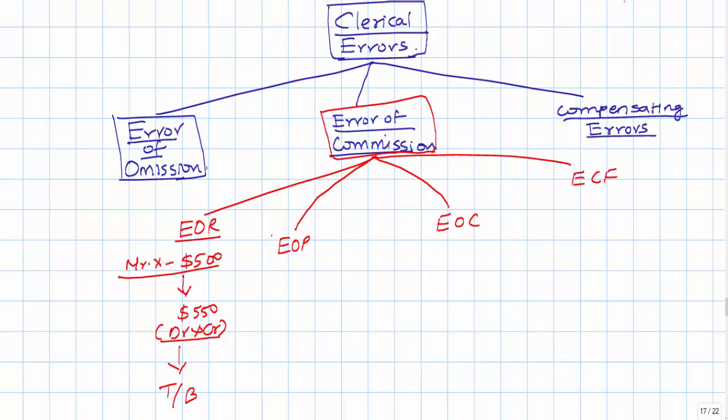The second one is error of posting. This error would arise when information entered in the books of original entry is wrongly recorded in the ledger, because we know that a transaction will first get entered in the books of original entry called a journal. From journal we'll do the posting and then we'll take it to the ledger. Only through posting you will transfer the entries from journal to ledger. So in this process it is possible you can make various mistakes.